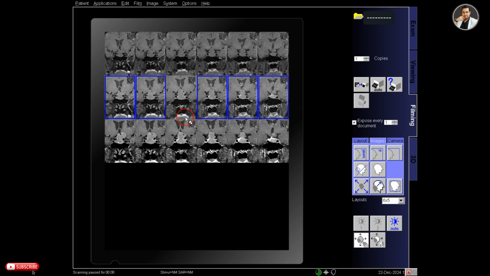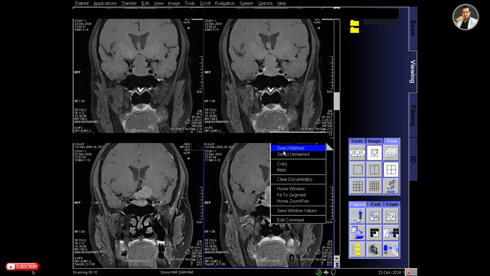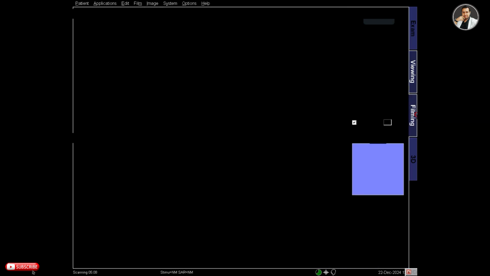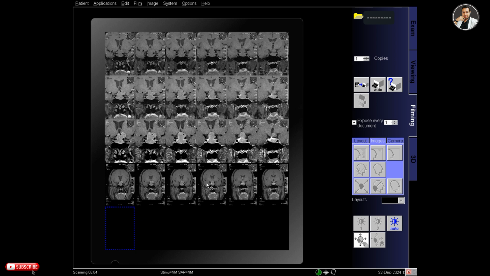So already 3 rows have been arranged, and another 2 rows will be filled up from the last 2 scans of the dynamic. So this is the fourth scan that I sent to film.